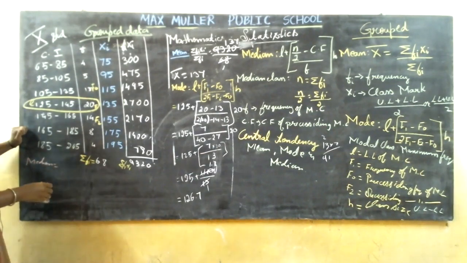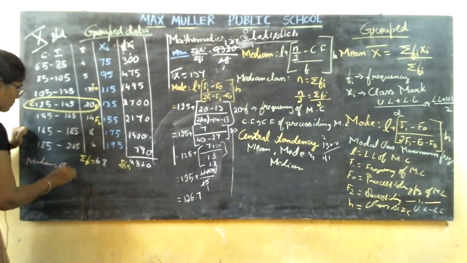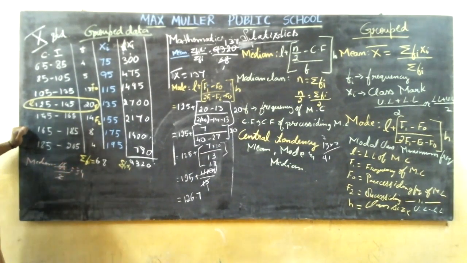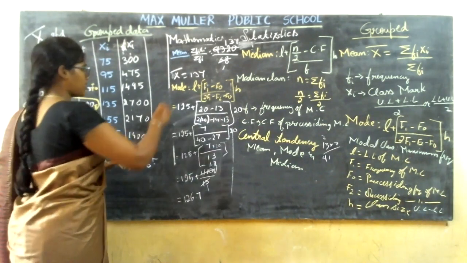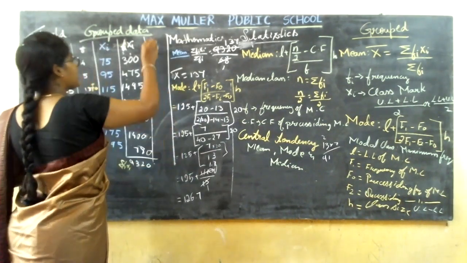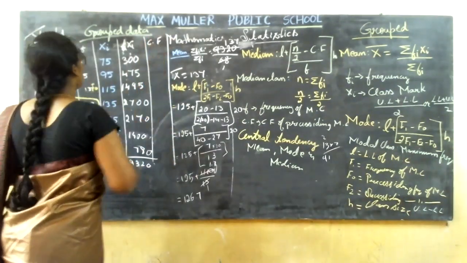To find the median, you are going to divide this. So, 68. I am going to do it directly. 68 divided by 2 will be 34. So 34, the median class frequency, is ready. Now what is the thing you need to do? You need to find out the cumulative frequency. Let me write CF, cumulative frequency.